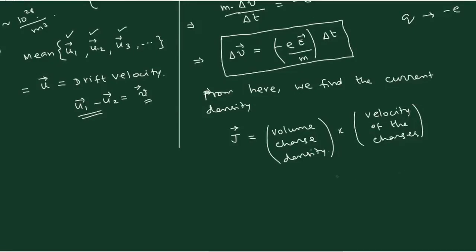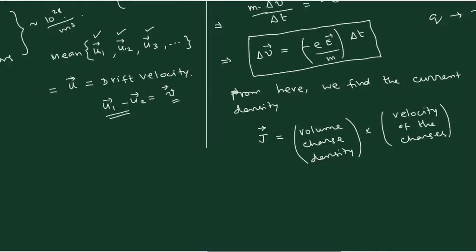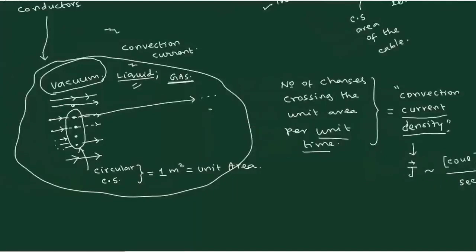So what is the first part? The first part is the volume charge density. Remember that, volume charge density. What is the second object? The second object is the velocity of the charges. Now where are they? Let us see that in the case of convection. In the case of convection, we have seen the vacuum, right? Here I have put a circular area, and I said that there are so many charges. The set of all charges, let me put so many dots here, is known as the volume charge density. You know what is charge and charge density? Charge means only one charge. Density means divided by per meter cube.